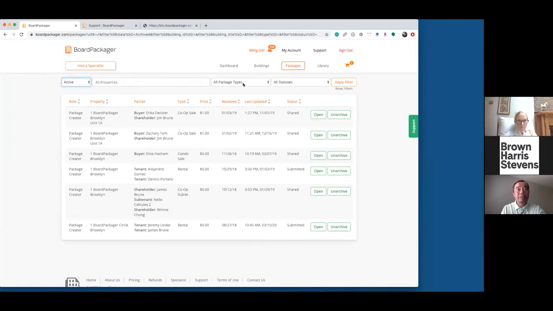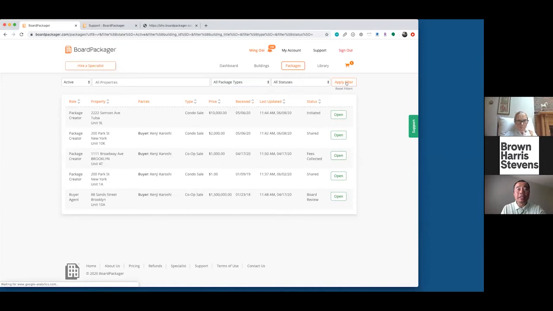You can sort through package types: sales, rentals, whatever it is. You can sort through statuses, submitted, shared, but very standard. And then if you were purchasing documents,